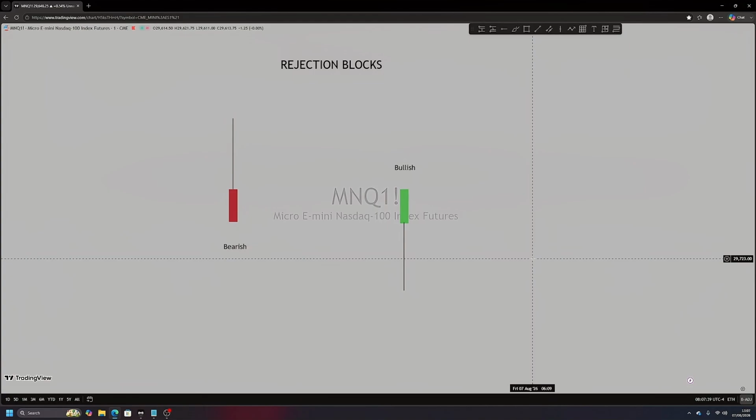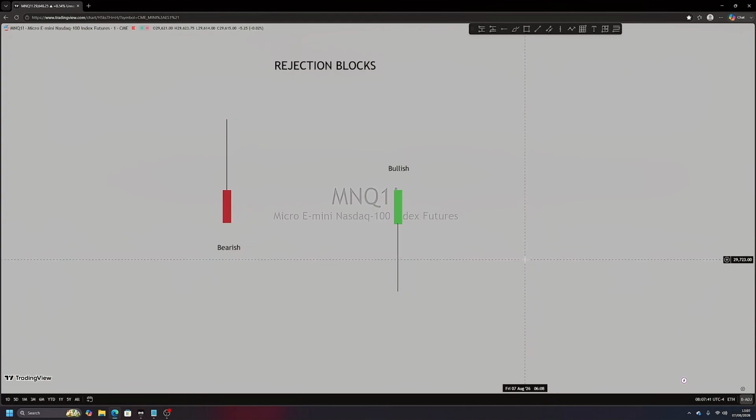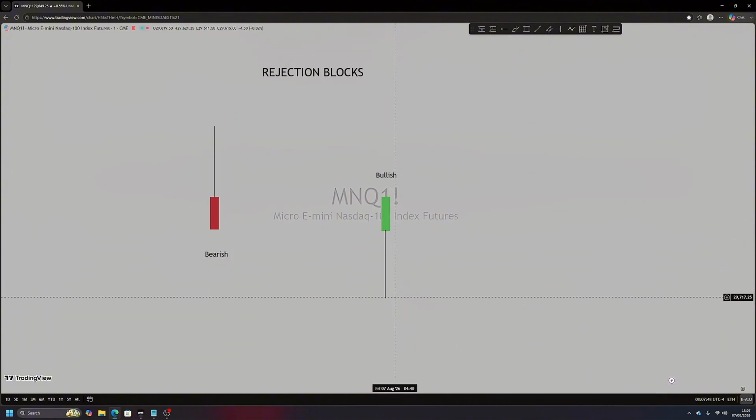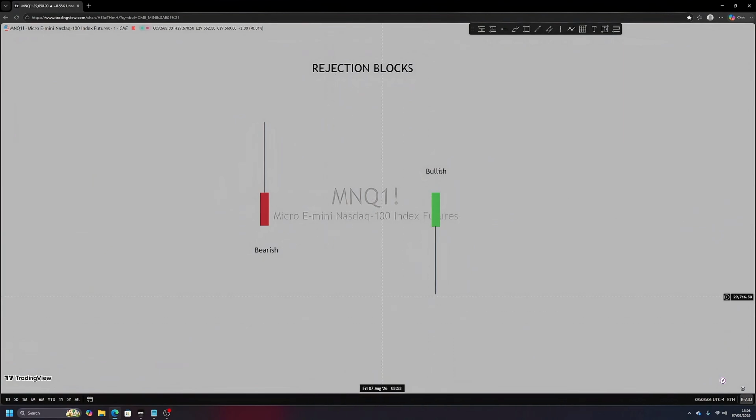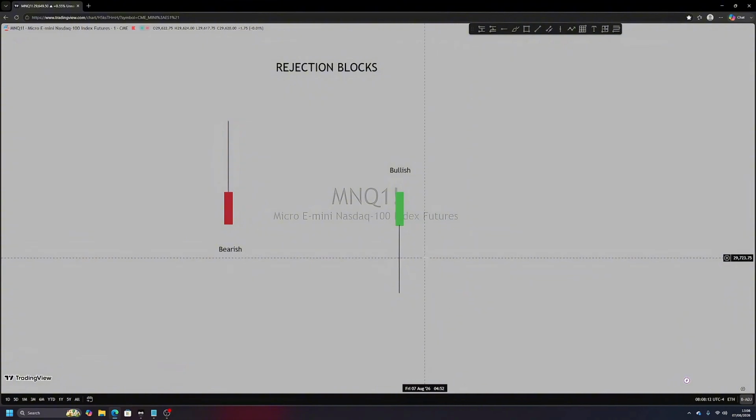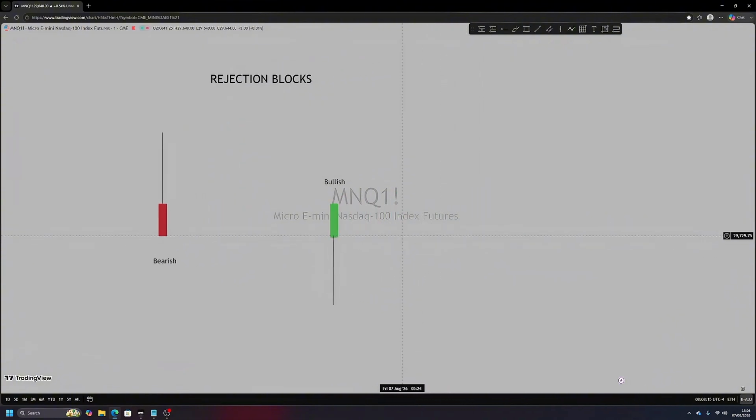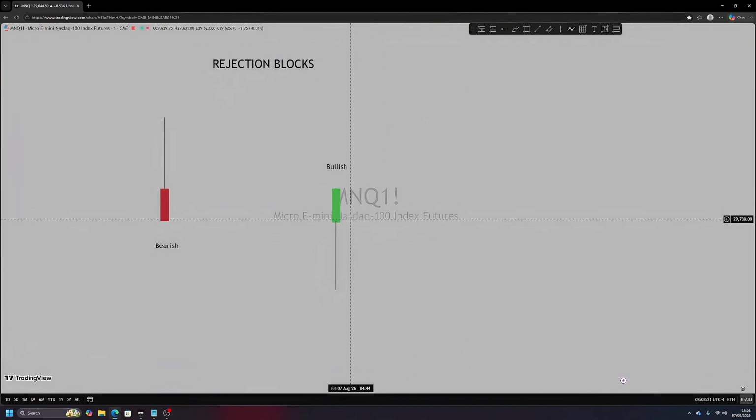For a bullish candle to be viable, it has to be rejecting off of a liquidity sweep or PDRA, some sort of significance. It can't just be a random wick and you say it's a rejection block. So we reject off of something, same as the bearish candle, but bullish. We reject off of a PDRA or liquidity sweep or something. And then for a bullish candle to be a viable rejection block to take longs off of, it must be closed to the upside